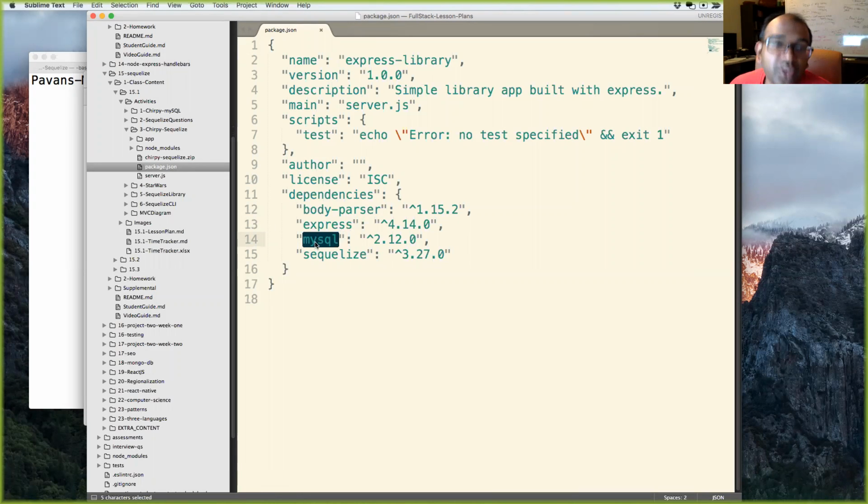And yeah, Santiago, you are absolutely right. This is an NPM package that lets us connect to MySQL, but MySQL is our database. And then body parser lets us parse the body of post requests and put requests and delete requests that come in. And now Sequelize is our ORM right here. So those are the packages that we're using in this example.